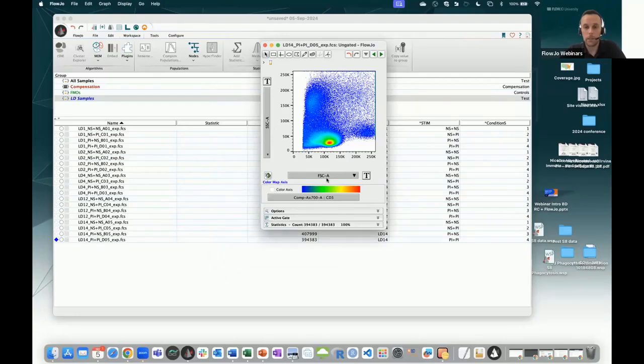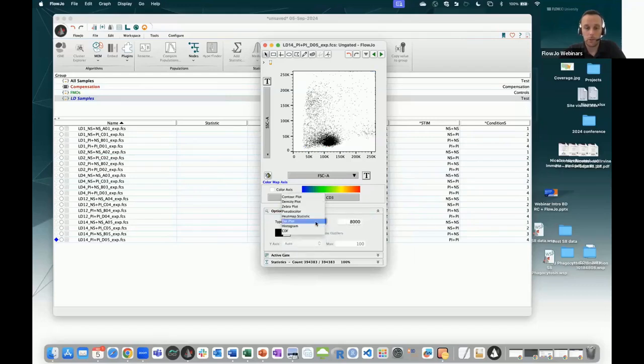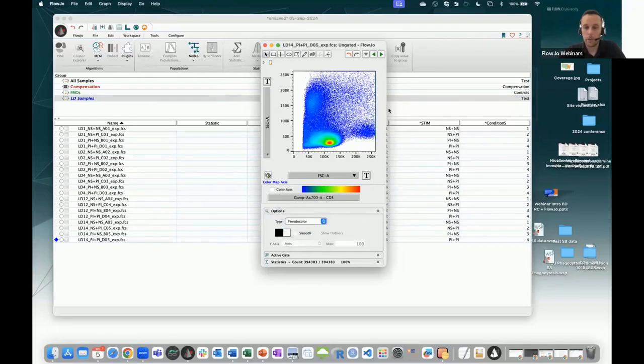You have your axis, so right now it displays forward scatter versus side scatter. If I want to change that, I just click and select which parameter I want to display. If I don't like that pseudocolor visualization, I can change the type of graph and maybe do a contour plot or a classical dot plot or histogram or whatever I want. I like pseudocolor, so I'm gonna leave it on pseudocolor. You also have the gate option when we start drawing it. So I'm gonna start drawing it around my cells of interest. So my cells of interest are those,